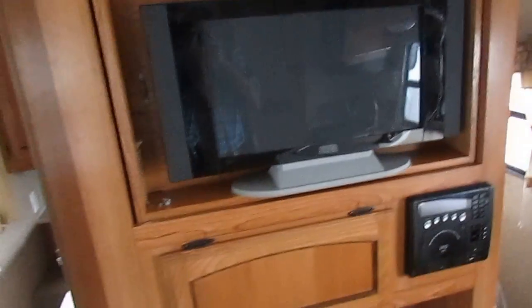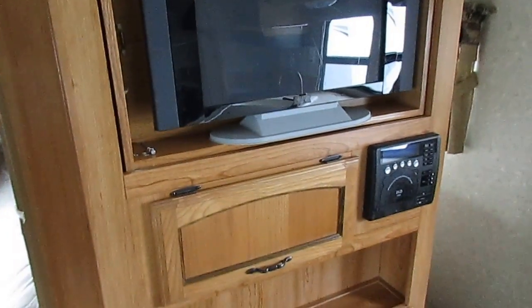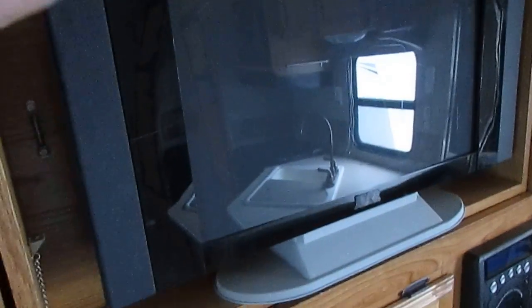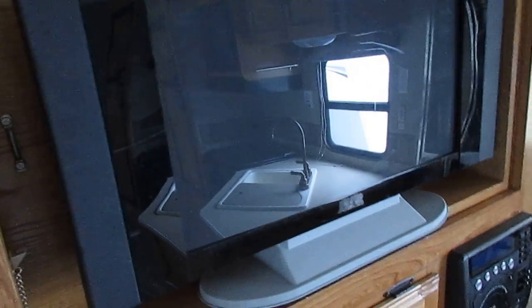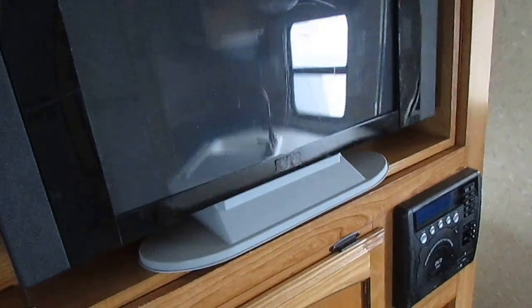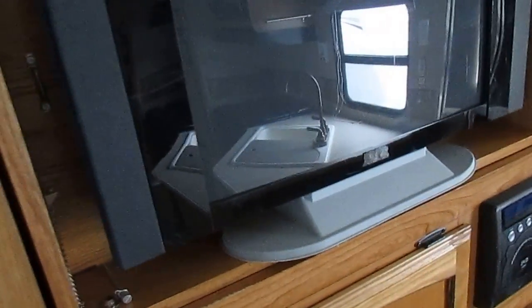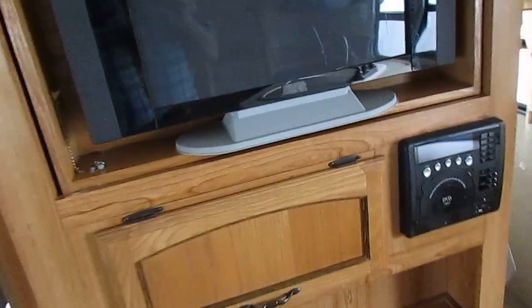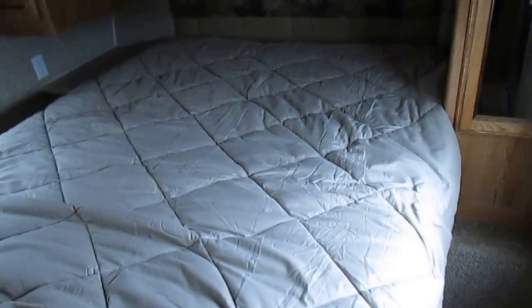Now, folks, I'll go ahead and point this out. The people that traded this camper in, they left this in here. It looks like a TV. It's not. It's a prop. So it doesn't have a TV that looks like it does, and I guess instead of Sony, we can call that a phony. But anyway, here you got a front bedroom, queen bed,